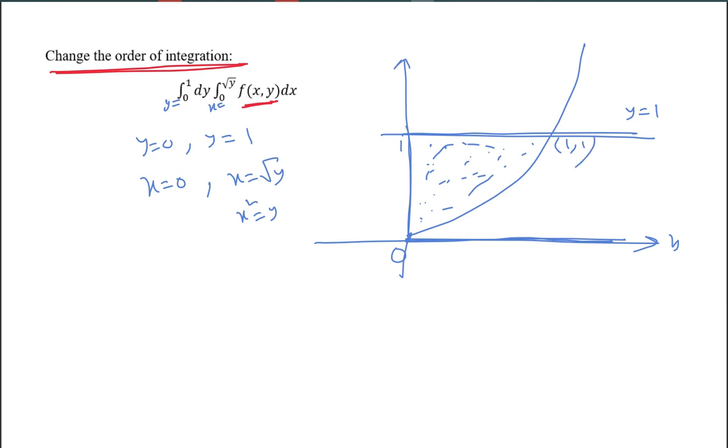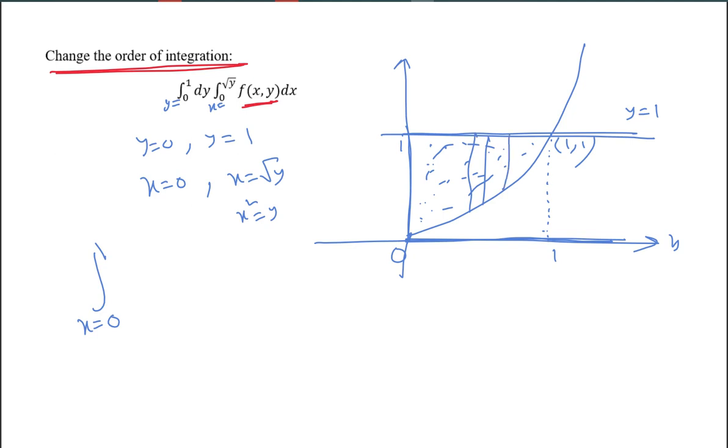So the given thing I have just drawn, nothing else, nothing we have done. Now I would like to change the order. Order change means we first integrate with respect to x. First we will take the limit, x is equal to what? Now see, if I draw this line here, this will be 1. So x varies from 0 to 1. I am writing x varies from 0 to 1. As x varies from 0 to 1, y varies from this to this. Yes or no?